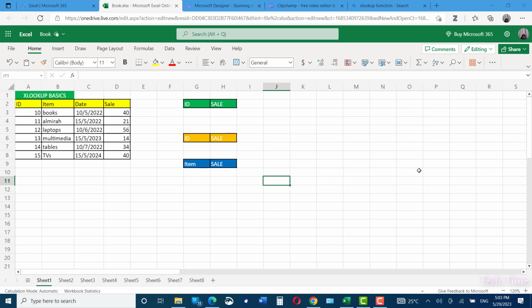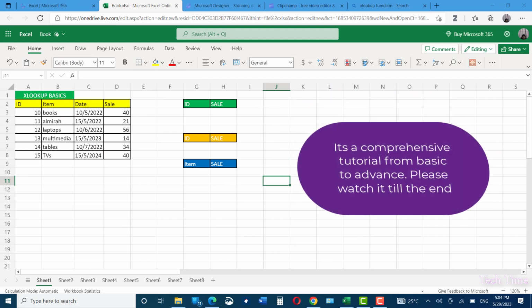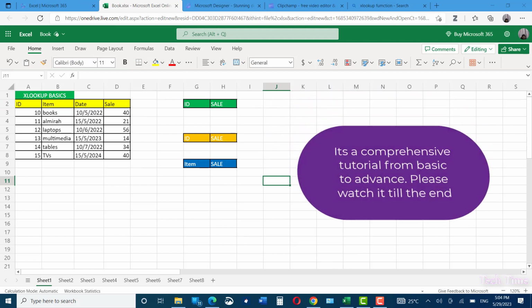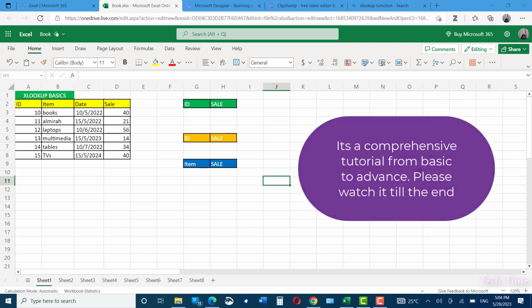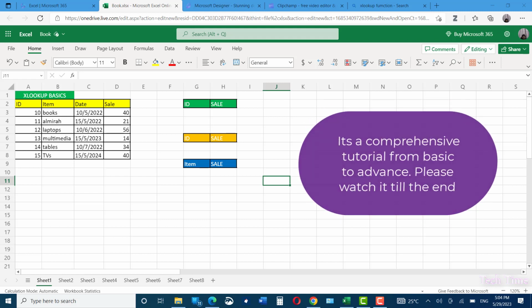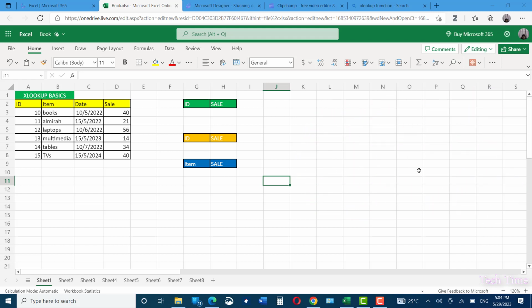Hello everyone, in today's video we are going to look at XLOOKUP function in Microsoft Excel. We will look at XLOOKUP function starting from the basics up to advanced level. XLOOKUP function is really a powerful function inside Microsoft 365. Currently it exists only in Microsoft 365, but we hope that it would be placed inside a desktop version as